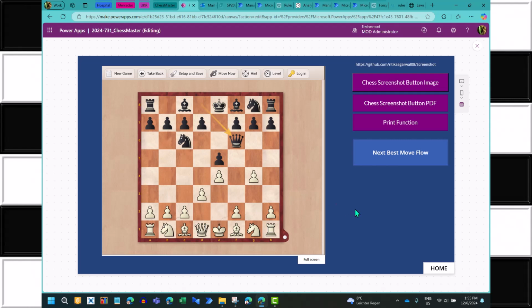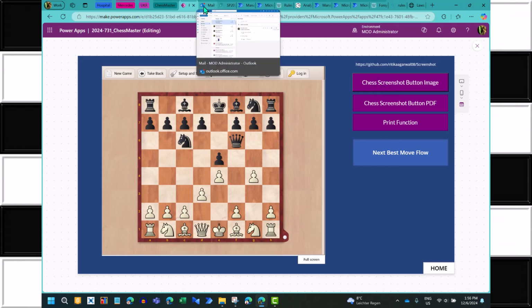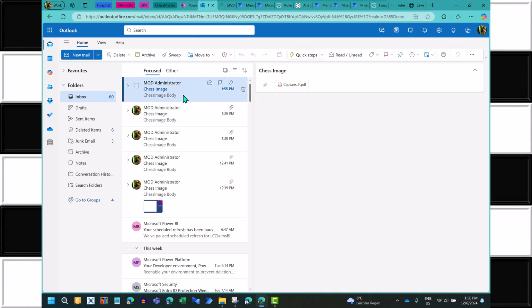Now, I thought, okay, now we have AI, and with AI I can just make a picture of all of that. I make a picture and then I get suggestions. And what I used was this GitHub project that takes a screenshot. Let me show that to you. So I just press this button, which triggers this functionality. And at the end of the day, it just sends me an email that I could basically use as a trigger for another flow that uses large language models and then gives me some hints. But you will see